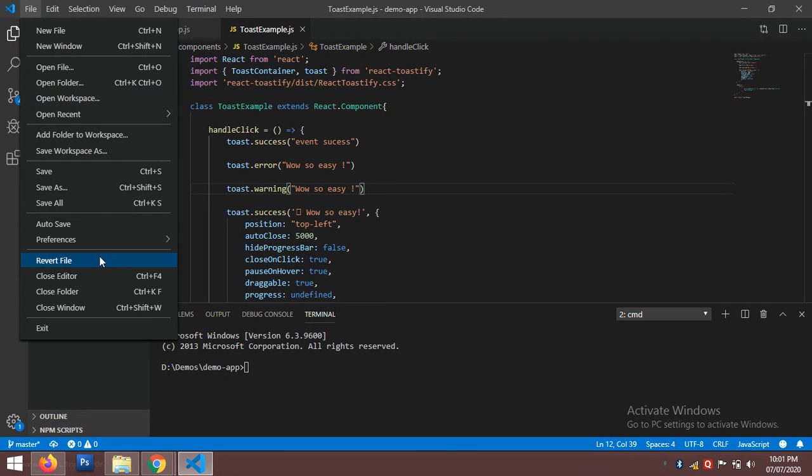So this is all about how you can use Visual Studio Code. This is the basic usage. You can check more about how to use each feature, and how you can customize the theme.